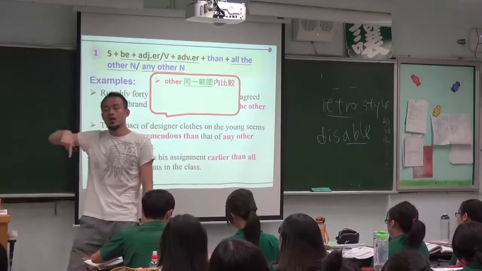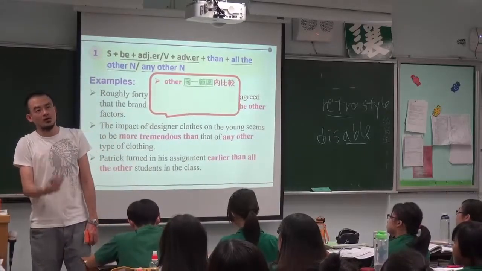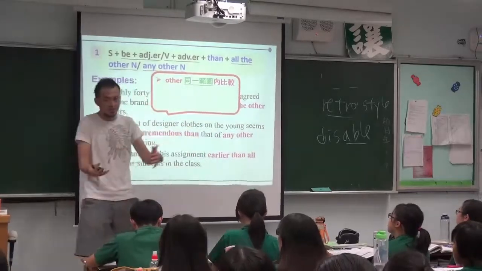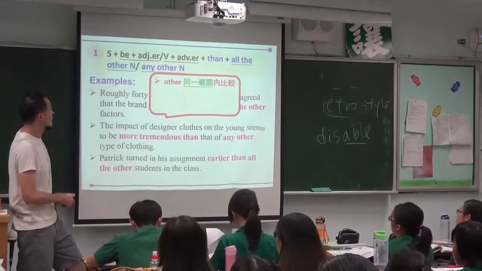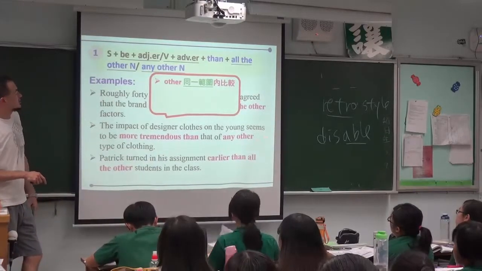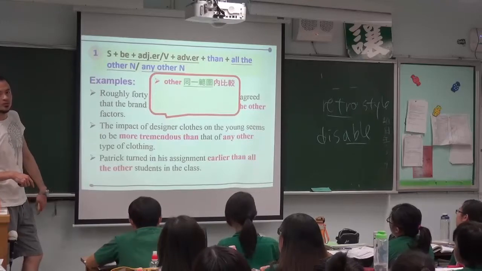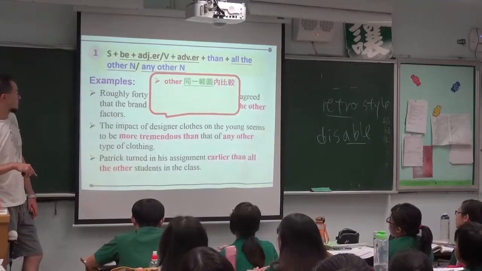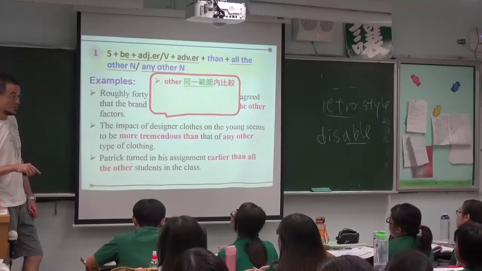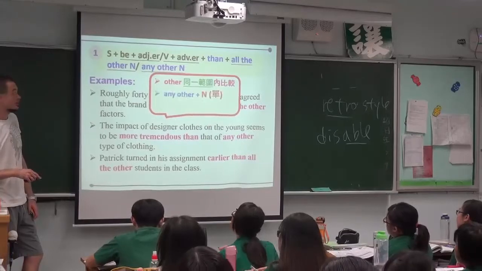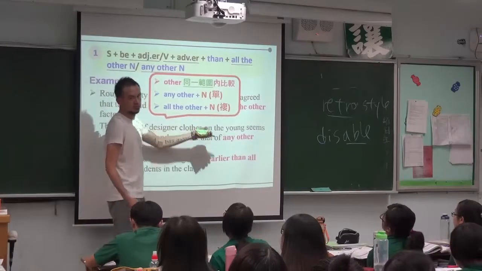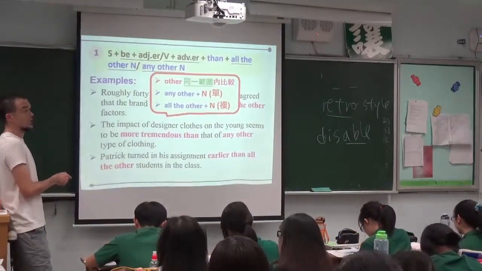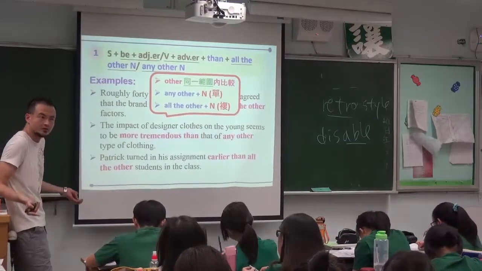Oh, sorry. Taiwan 101 is taller than any other building in Taiwan. So we use other comparing things like within the same range. See? 这个地方问一下，那这个地方既然 other 你知道了，那 any 跟 all 在用的时候有不一样吗？这个地方 any other type of clothing, all the other students in the class. So we use any other 后面接的是单数, and we use all the other just plural. This is it. So like this would be, these are all the points of the sentence pattern. So when you say any other singular noun, all the other plural noun. This is it. It's okay?